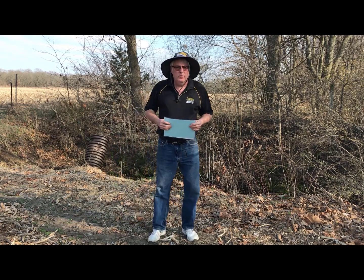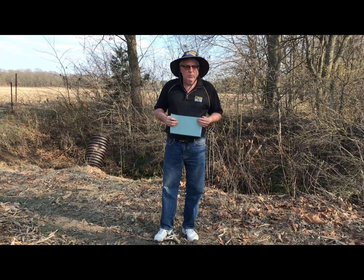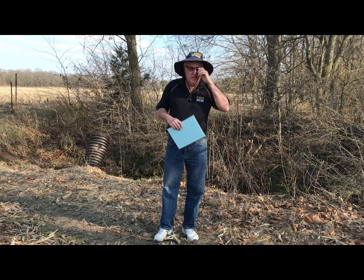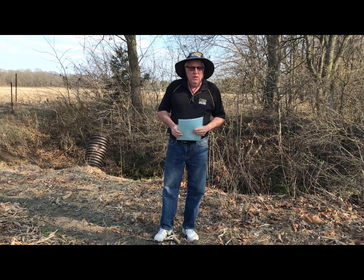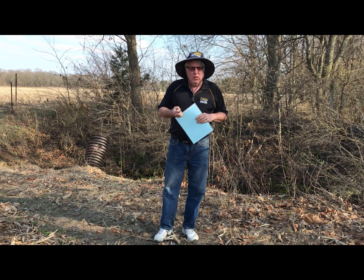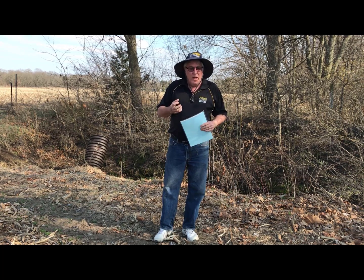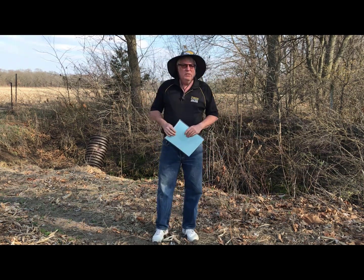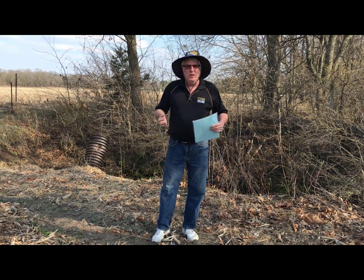Flower Street, Purdue Extension, Jasper County, and we're going to be looking today at benthic macroinvertebrates. You ask, what is a benthic macroinvertebrate? Benthic macroinvertebrates are the small little animals without backbones that live in rivers and streams and ditches. So we're going to be looking at a couple ditches here in Jasper County today to look at